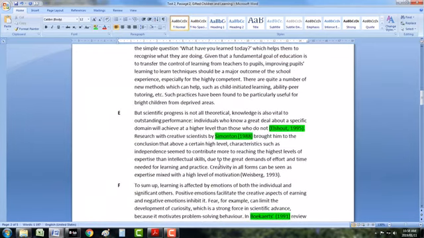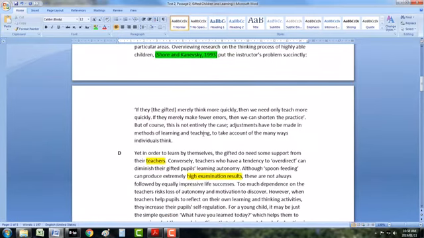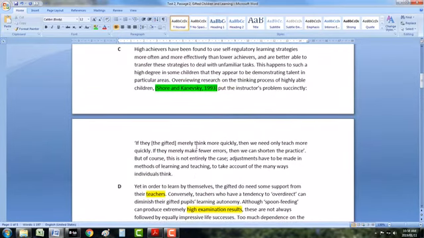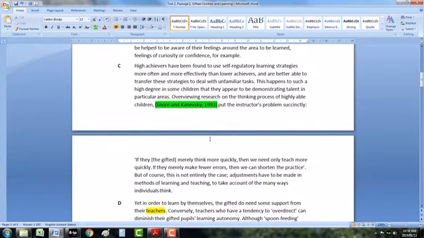Where to start? Maybe you can start here and go backwards. It's often a good idea to just trick IELTS. They will try and trick you because they know you're going to be scanning. But sometimes yes, sometimes no. So it's just up to you. And here it's just high-speed scanning. We want anxiety. We want socially disadvantaged.